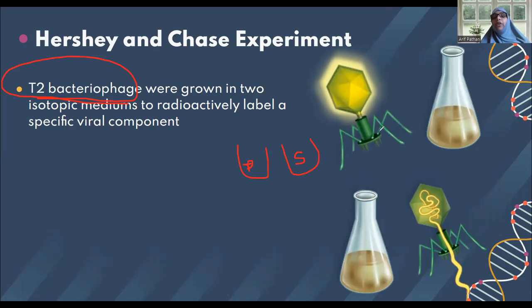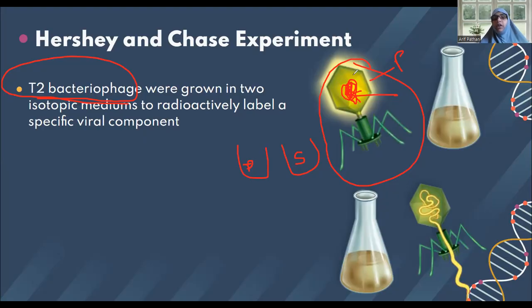Okay, now we should know, we have studied in lower standard also. This is the picture of a virus, a bacteriophage, a virus which infects bacteria. The outer body of this virus is made up of proteins, and the DNA or the RNA is the genetic material. Now mostly in bacteriophage, the genetic material is DNA. That is why they are testing over here whether DNA is a genetic material or not.